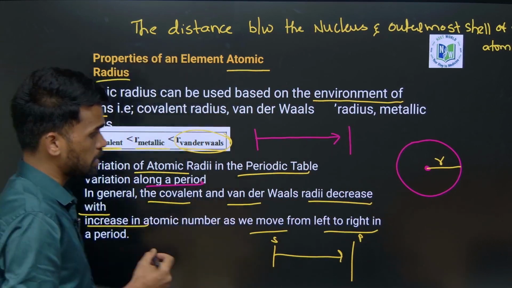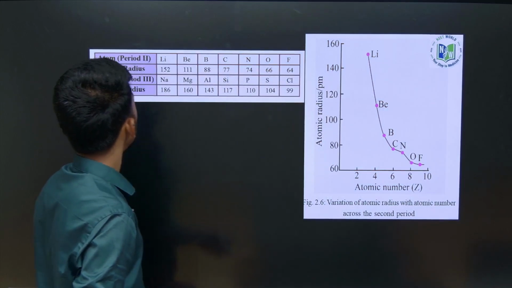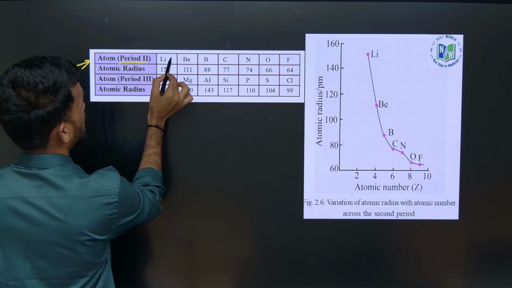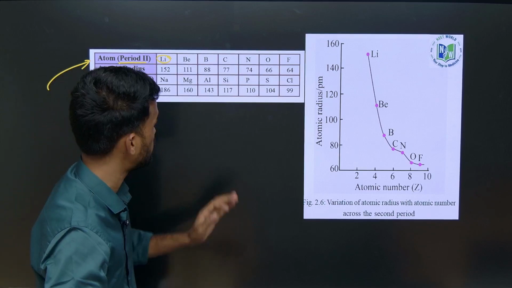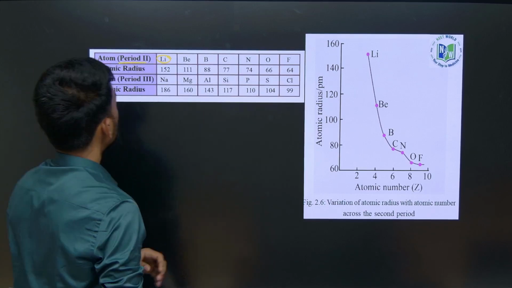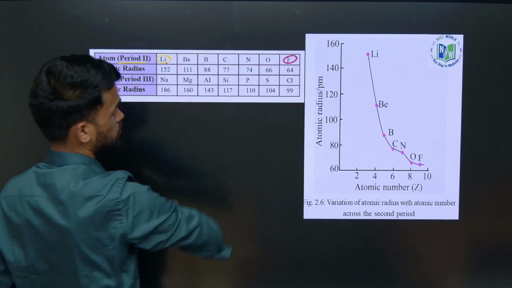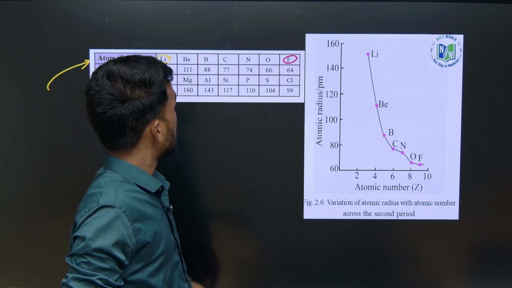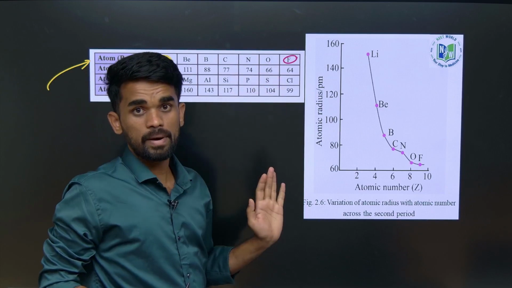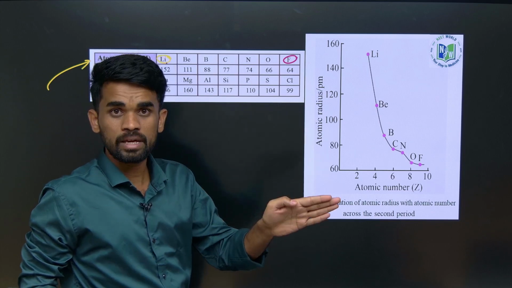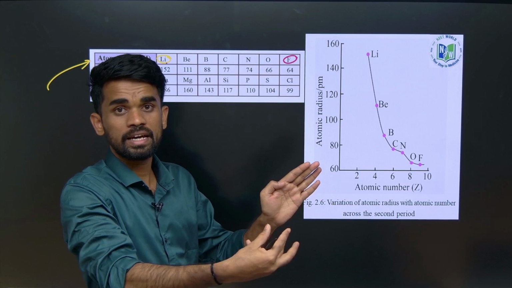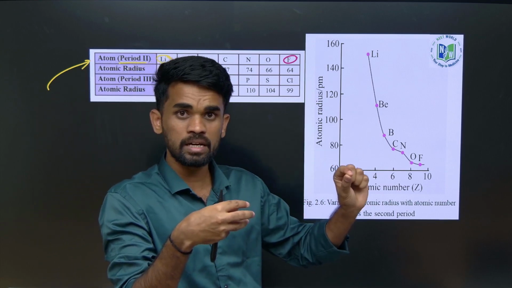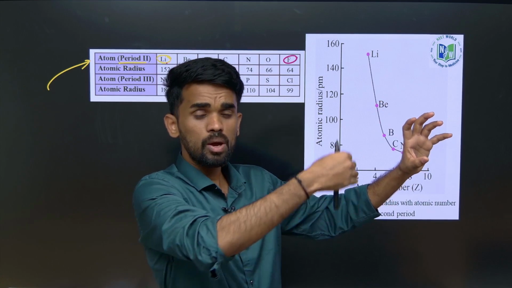Now, what happens in the case of groups? Here I have taken it for a period. If we consider second period elements, let us discuss groups later. First look here, since we have data also. From lithium to fluorine we can compare. One more thing I should discuss: I told you that noble gases will be taken in terms of van der Waals radius, so in each respective period, noble gases will have a larger atomic radius.